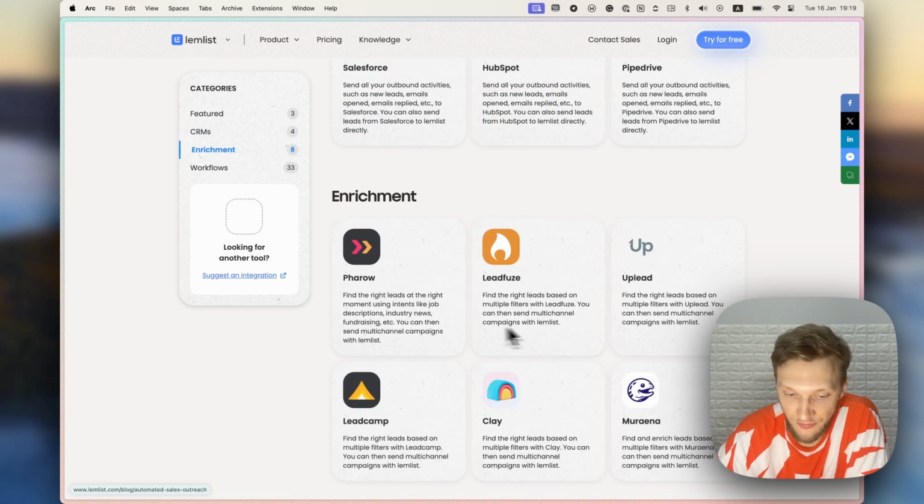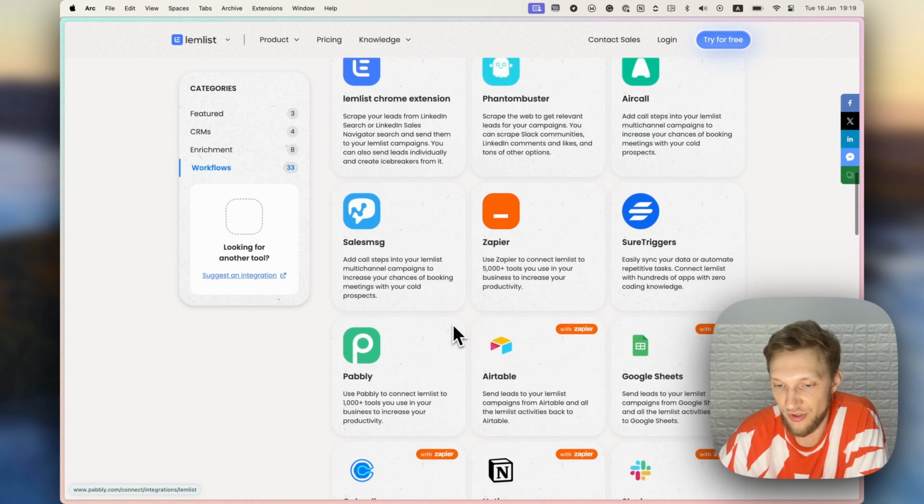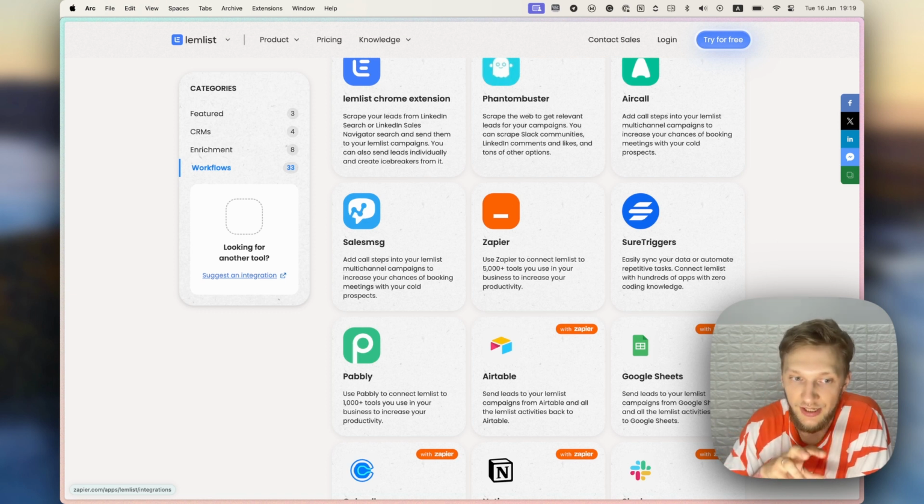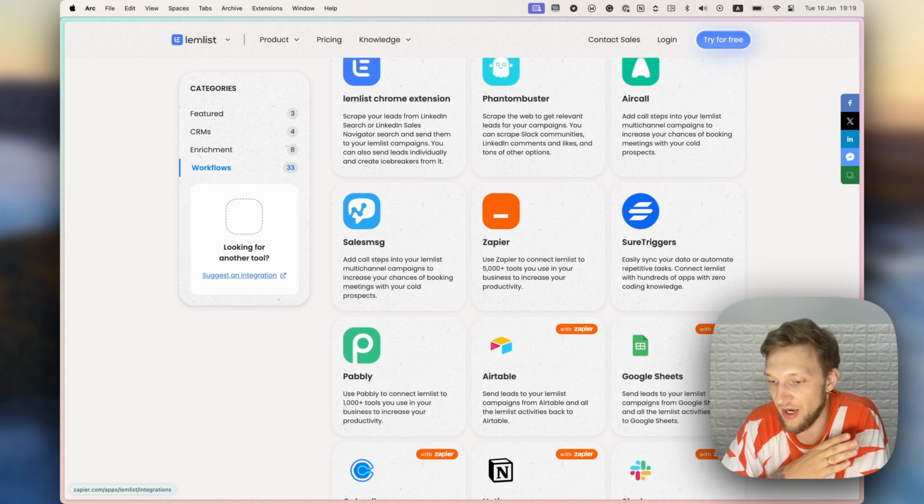But if you're not, the most important integration that they have is Zapier. Zapier can connect to thousands of different tools, so whatever you're using, you can just connect it through Zapier. It's going to cost you a little bit to transfer the data, but still, most of the data is collected in Lemlist. All of the outreach, all of the hundreds of thousands of contacts that you want to reach,